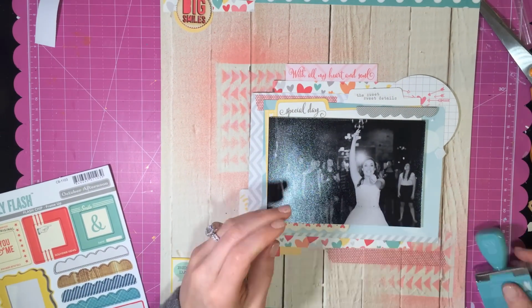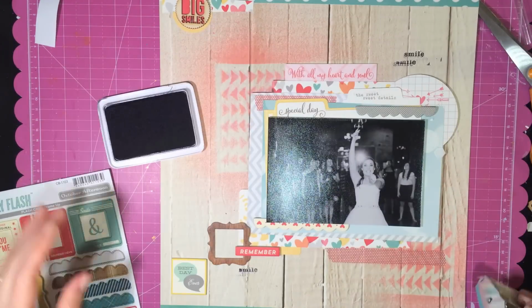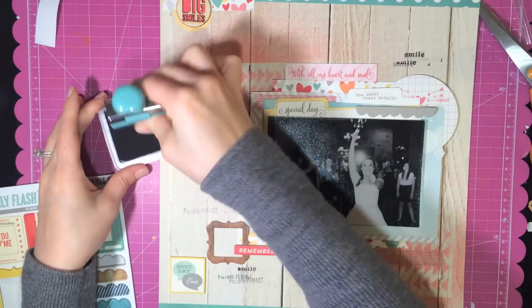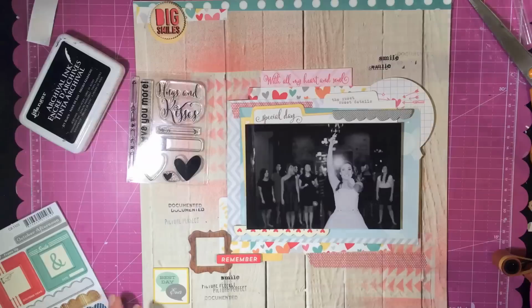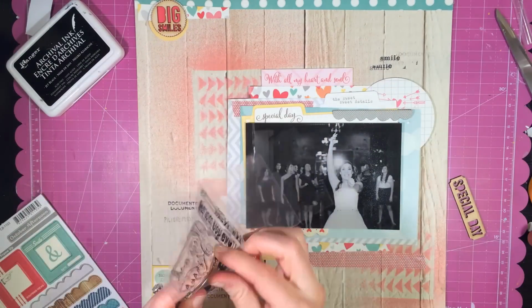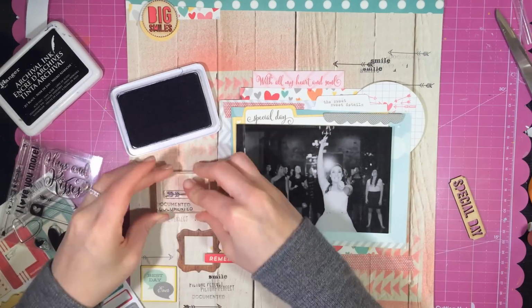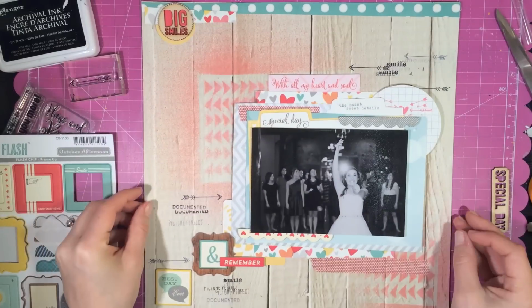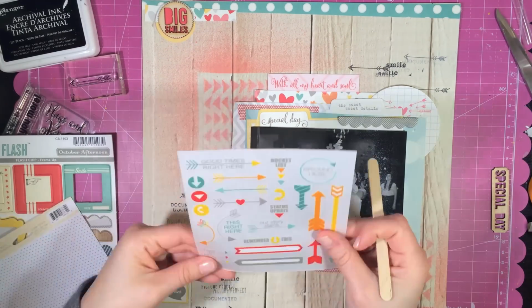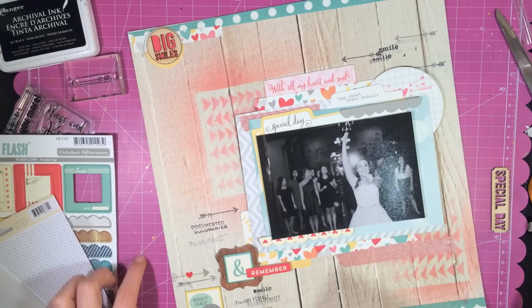But here's the problem. I started to put them in a diagonal motion from the top right hand corner to the bottom left hand corner. But if you look in the top left hand corner, I put that cluster of embellishments up there, and so it just didn't flow right, and it looked like way too much was going on, especially when I added these arrows